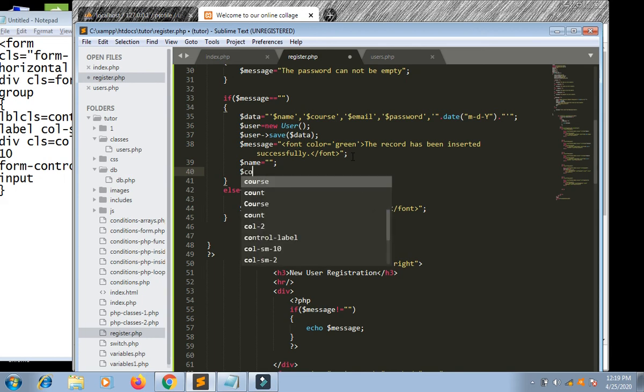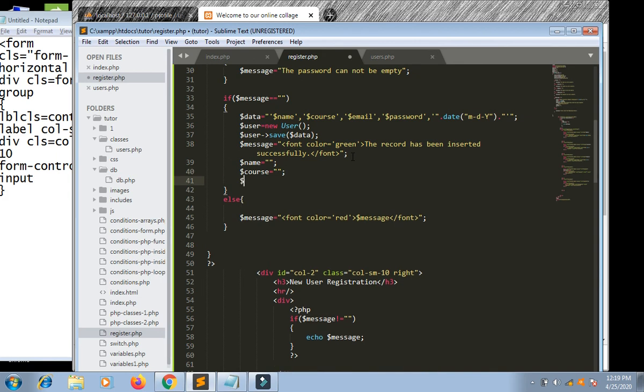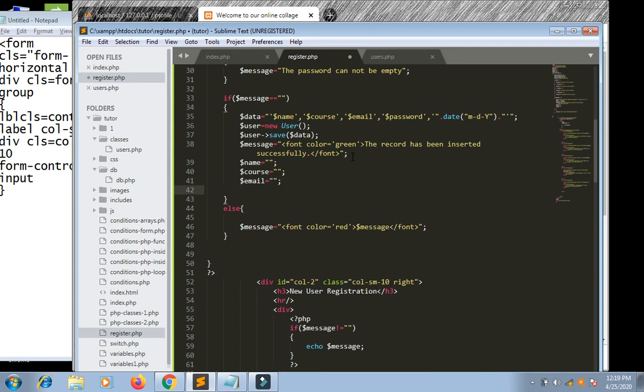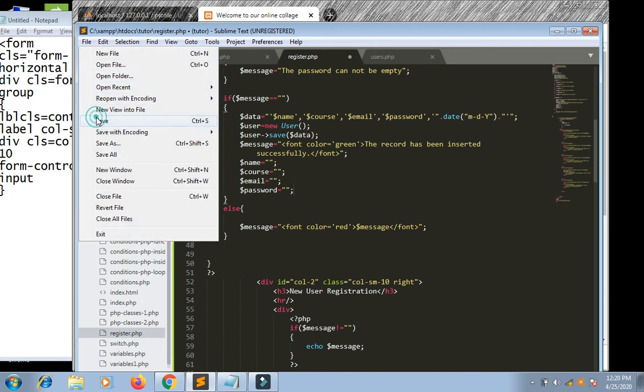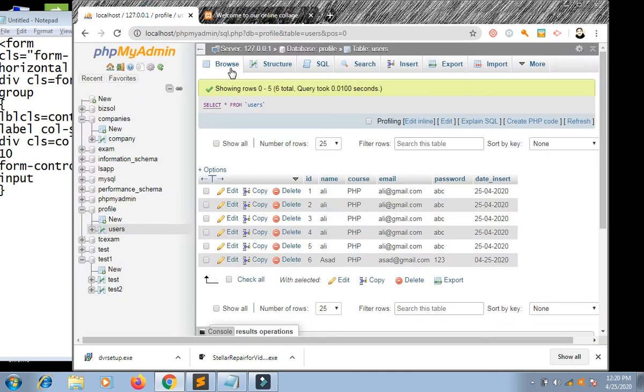this is dollar name is equal to empty, dollar course is equal to empty, dollar email is equal to empty, dollar password is equal to empty. Okay, now save it,